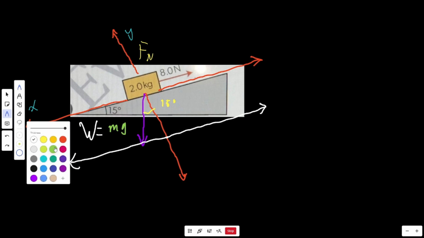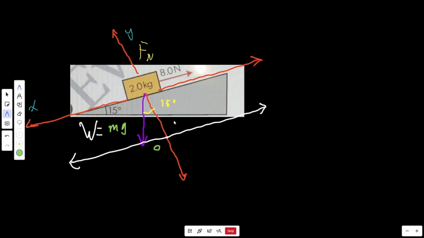Okay, let's make this green pen. Opposite and adjacent. So, excuse me. We're going to be